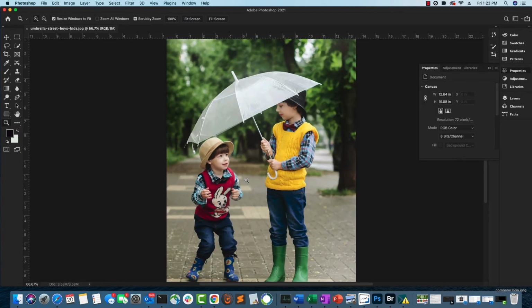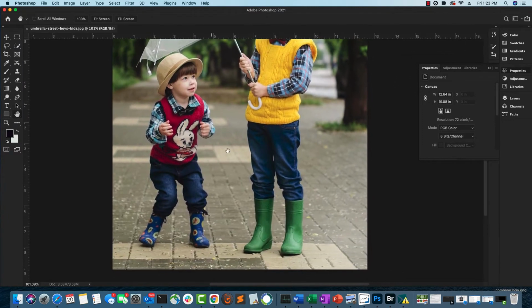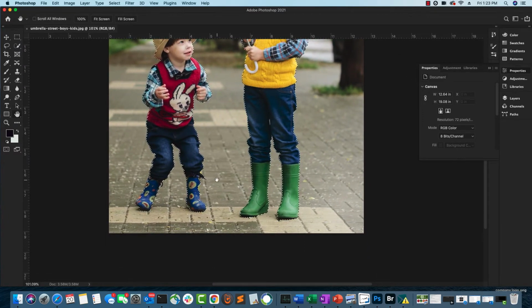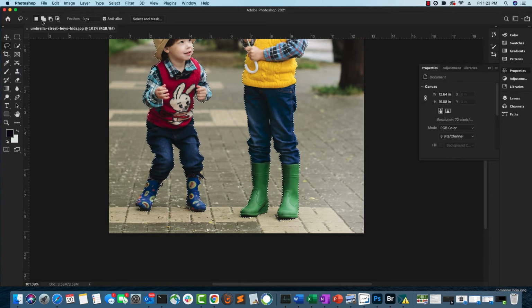the lasso tool. Let's see if it's doing a good job. You can use the hand tool to pan the image and examine all the areas. As you can see, it is covering more parts of the gumboot. I want to adjust this. You can always adjust this by using the lasso tool, selecting subtract, and drawing a small loop around the part that you want to eliminate.